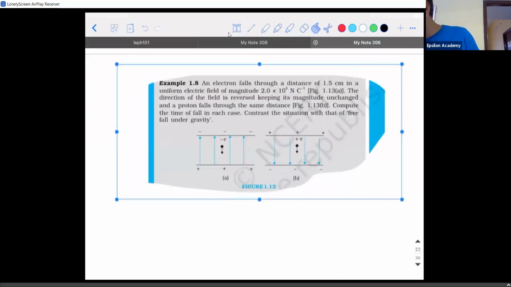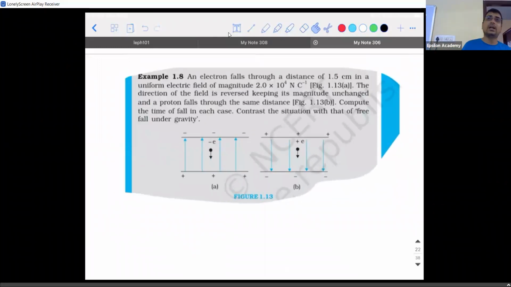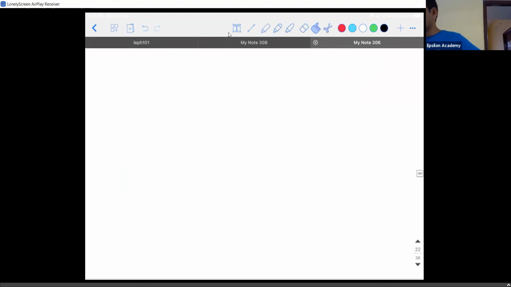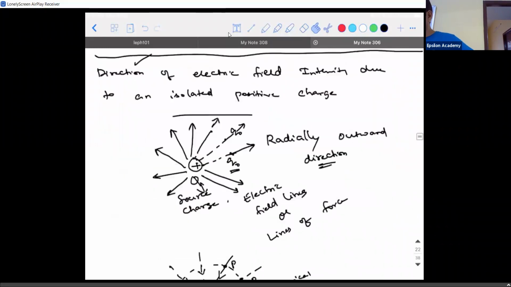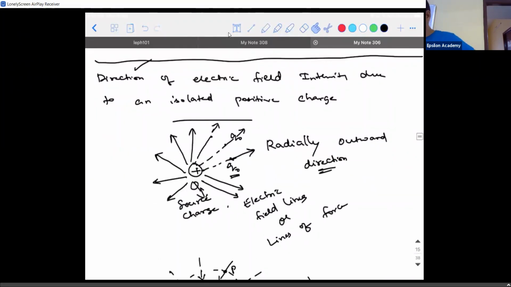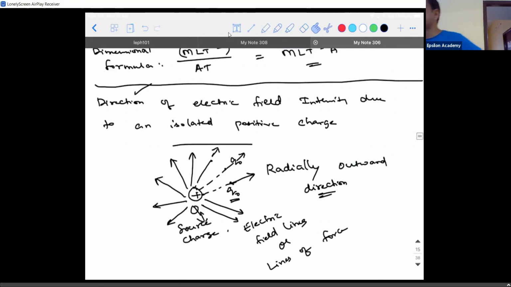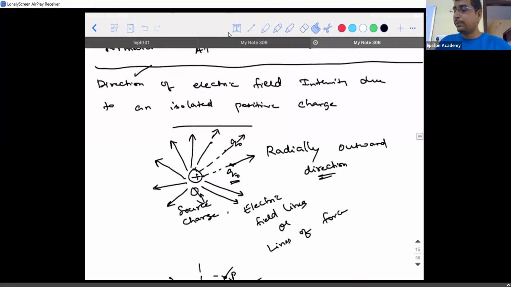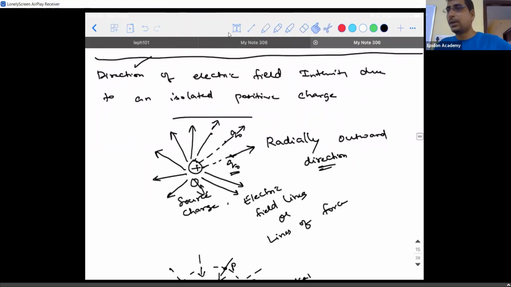This is an example of what will happen when a charge is moving through a given electric field. So, as of now, have this point in your mind that if they say uniform, whether it is uniform electric field or magnetic field, they are a set of parallel lines. I've told you what is electric field line, right? These are all imaginary lines called electric field lines. If I say set of parallel lines or uniform field lines, then what does this represent? Is it uniform or non-uniform? This is non-uniform.